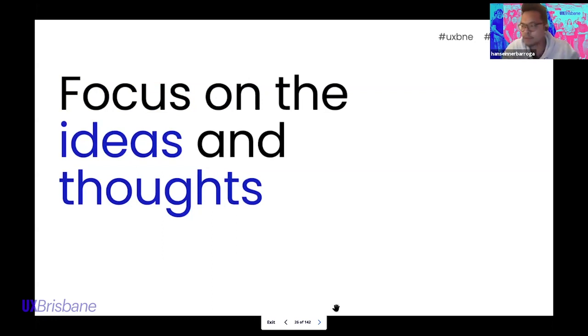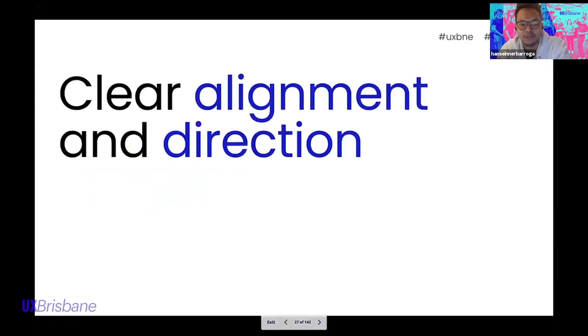So in remote design sprints, you're looking at the whiteboard, which we'll touch on a lot later on. And when you're having this organized structure or process of putting together these thoughts and ideas, it makes it easy to find and understand and see direction. Which brings me to my last point. It creates alignment and direction with the team through this collaborative synthesis of thoughts and ideas. So yeah.